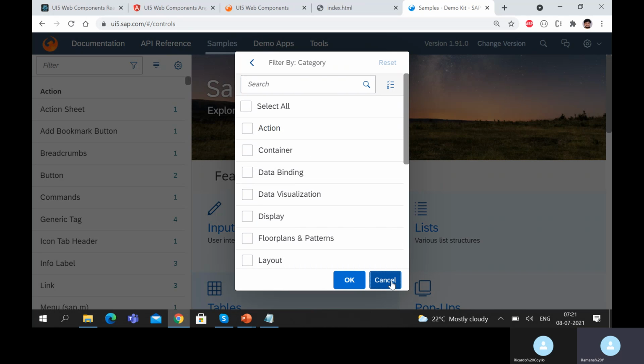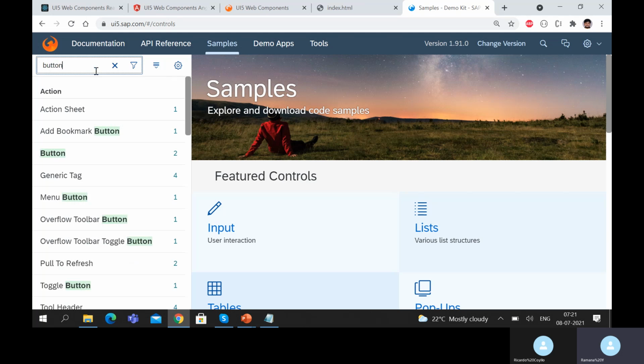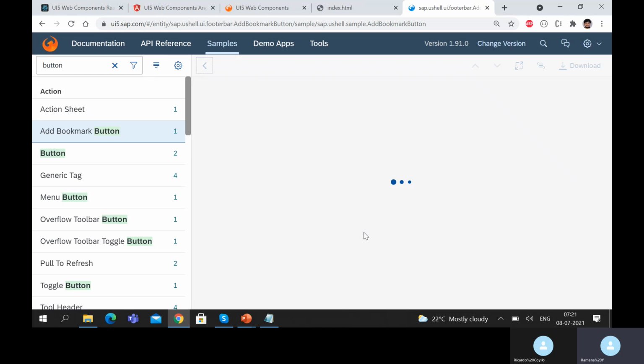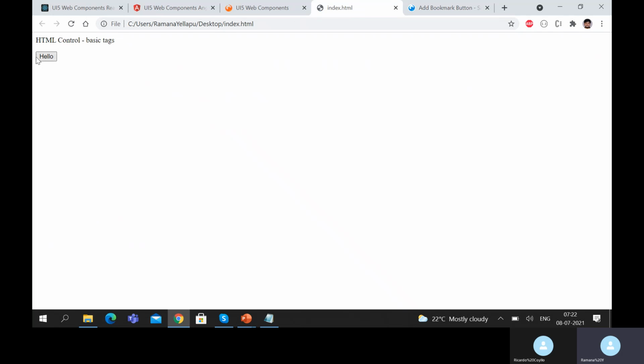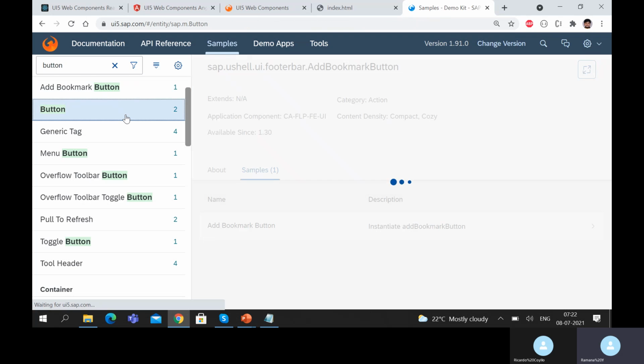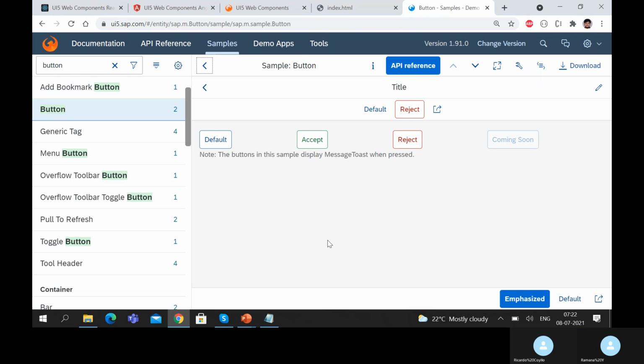I can just search for buttons, and if you look at button, there is one called add bookmark button. You see, this is how we can write a simple bookmark button, with an icon we can add, and we can add one text as well. Whereas here you get a simple one. In order to add an icon also, you have to use CSS or add some icon or image, so it is not a very standard way. In order to define any button, we have to make some more customized effort, whereas by default in the framework we get some